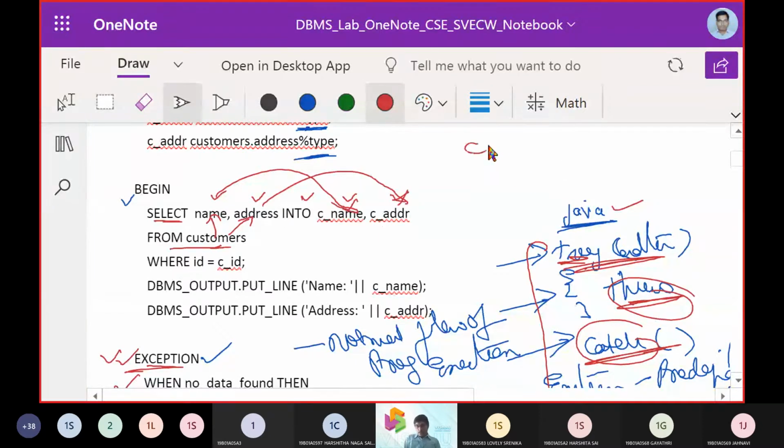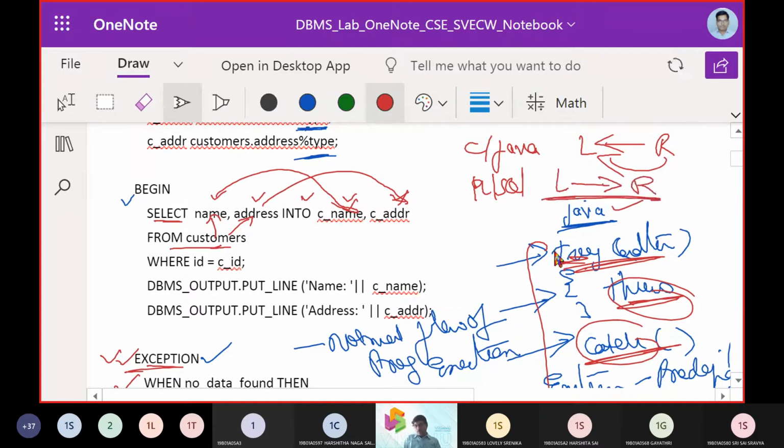See here, in C language or Java language, we have data movement from right to left. But in PLSQL, especially in the exception, we are going to have the commands from left to right. So this was the key takeaway what we need to understand here. If I say I is equal to 10, that means 10 is going to move into I, right? That is right to left assignment. But when we are working with PLSQL, it is not the same case as what we deal with in C or Java. It is the vice versa.